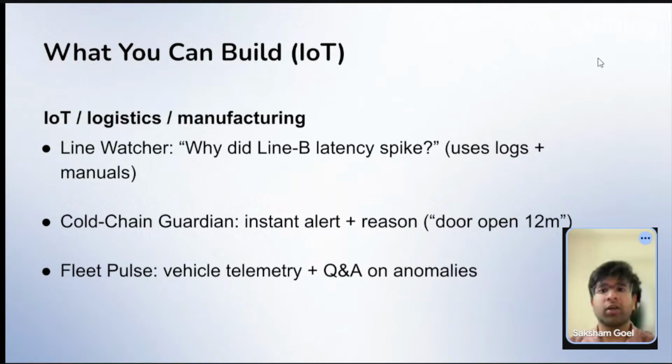You're smart enough, right? So for example, you have a line watcher where you are streaming the machine telemetry. Let's say you ask an LLM, why is line B particularly slow? And then you get real-time answers because this line was probably damaged, or maybe this machine or line B was under repair. So this will involve your LLM checking for the latest information, which was probably updated half an hour back. Obviously, if it was a solution you built using other frameworks, you would need to wait until the batch updates happen, like the weekly batch updates, which I talked about earlier, right?